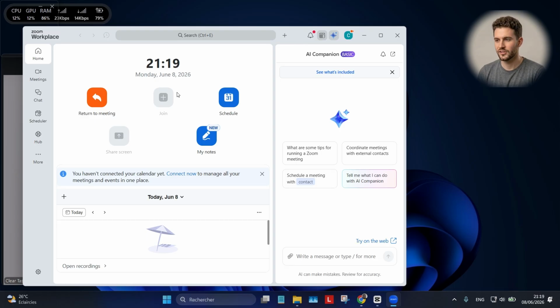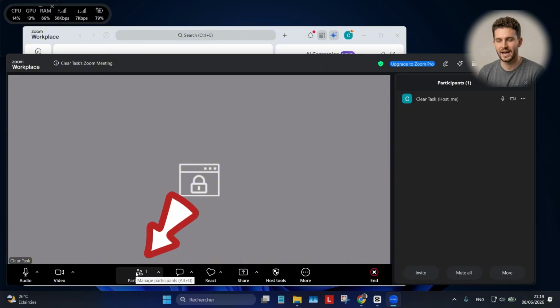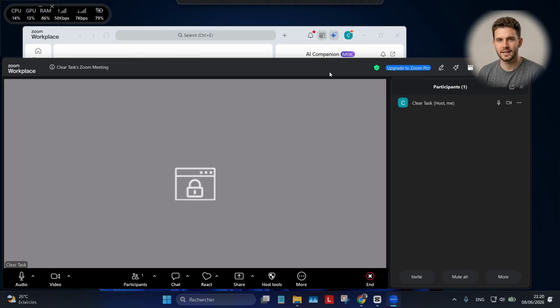To begin, open your Zoom application on your desktop or mobile device and start your meeting. Navigate to the bottom control bar and click on the participants icon. This opens the participant panel on the right side of your screen, giving you a full overview of everyone currently